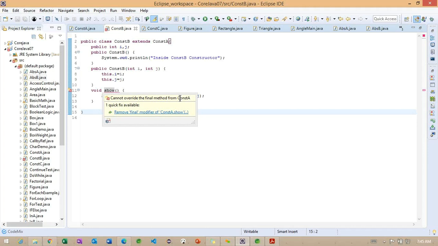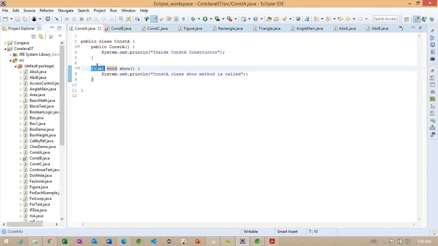Getting the point. So inside the method overriding concept here, if we want to prevent overriding of some specific method, what we can do is use this particular final keyword at the method level. So this particular method is not going to be overridden in the subclass. Getting the point. So this is also very important here. And if we are not providing this, we have an option to override the same method in the subclass, something called method overriding we can achieve here. How can we restrict it here? Using this final keyword, we can restrict the method overriding here. So this is what I want to provide here.